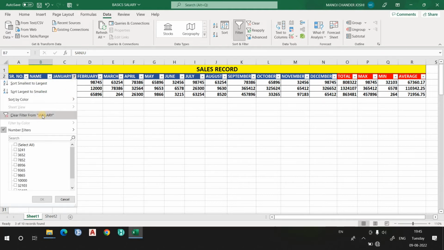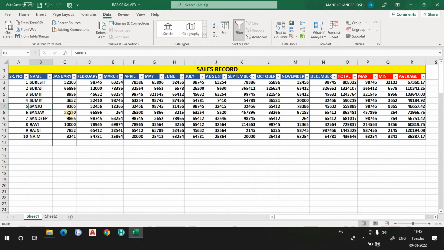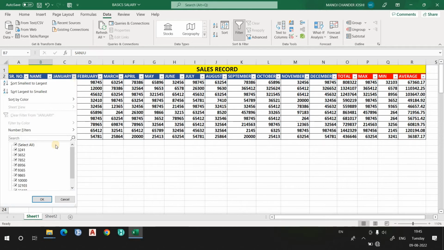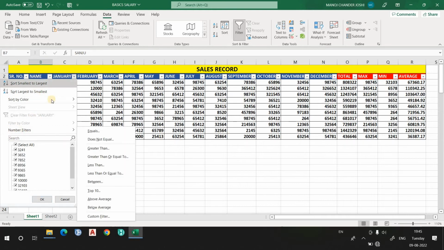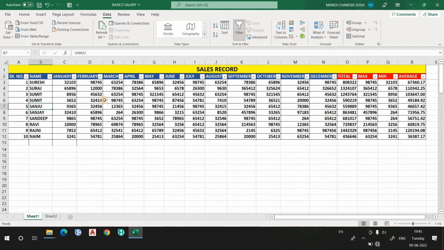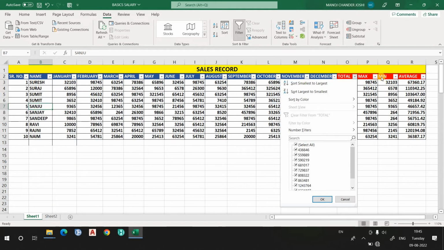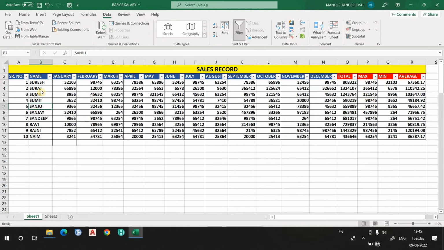If you want to clear it, you can simply clear it from here. This was the number filters. The same thing is there. Both filters are the same. The name filter was a text filter, and this one is number filters, right? So that was about the filter. You can use it at the total, max, minimum, average; it depends on you.